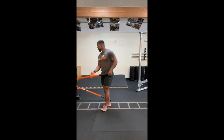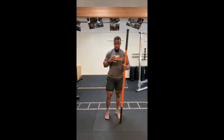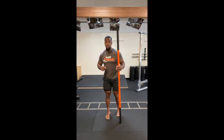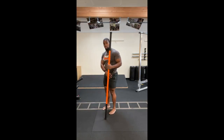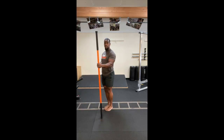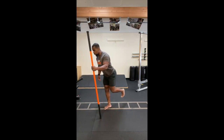Excellent. We're gonna place the short stick down, and we're gonna get the long stick here. Now we're gonna start off with hip flexion, going into RDLs here. So again, we're just priming some movements. I'm gonna start with the stick on the right side of my body. I wanna have my feet together. I wanna have the stick roughly a foot in front of the line of my toes, elbows bent at roughly 90 degrees. From here, I wanna drive the stick down, create tension, and then bring my right knee up to roughly level with the hips, and then drive that right foot back,